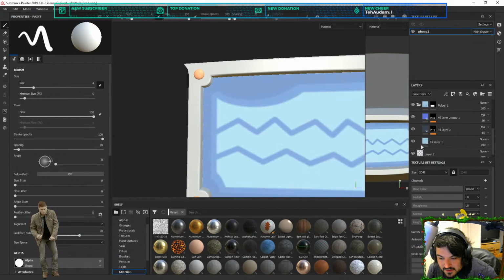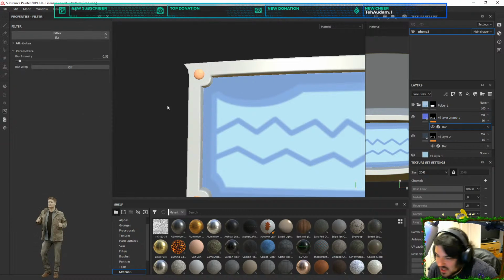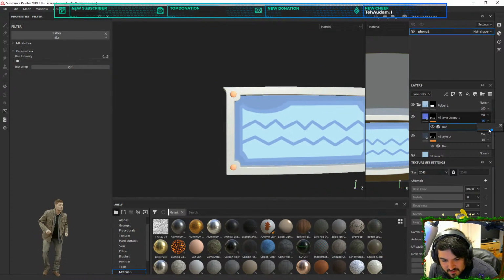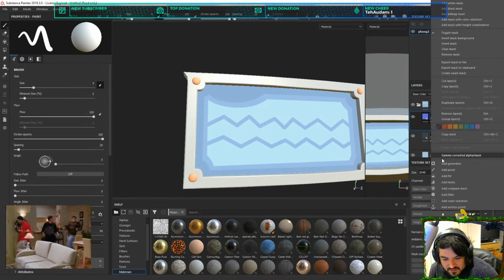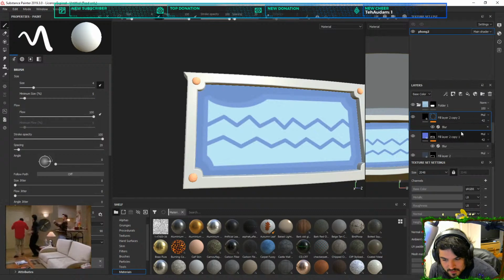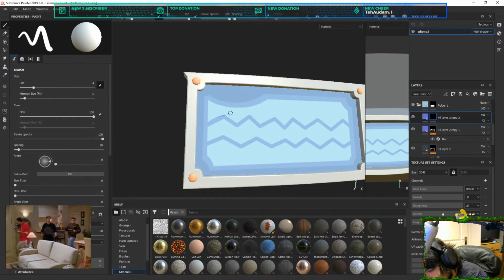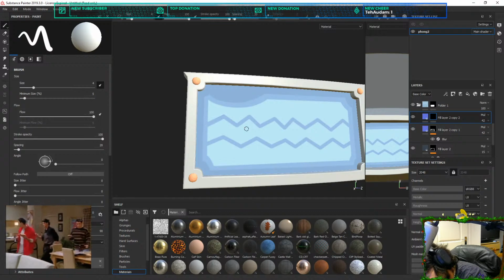I think I should be keeping these sharp. Maybe a very minor blur. Very minor blur. And reduce some of these values. Yeah, that's a bit better. I don't think I need another one too. All right.